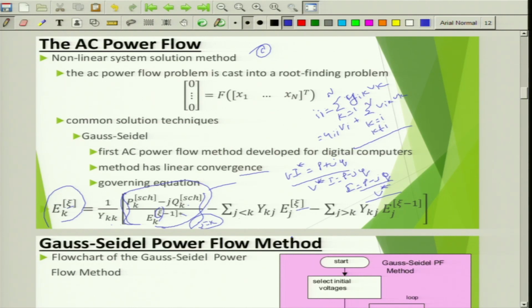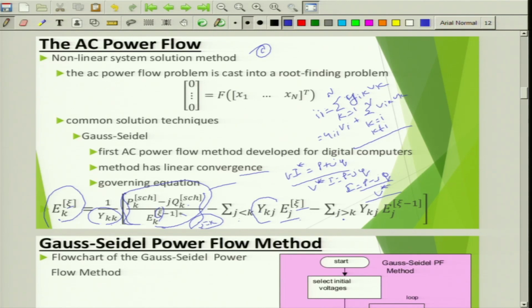Now you replace the initial values with the updated values. So what you are getting is Ykj into Ej zeta. Ykj into Ej, admittance into voltage, is current. Now current divided by the admittance again is the voltage. So you will get the same expression,